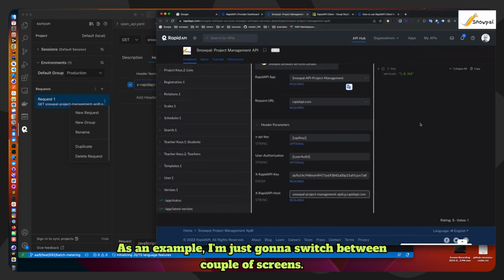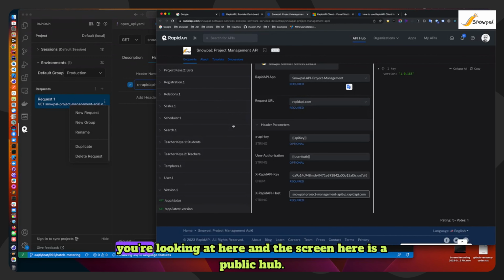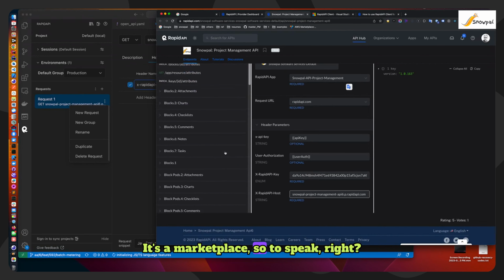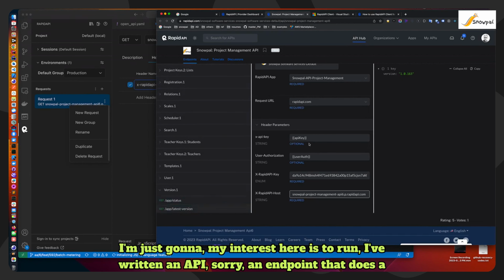As an example, I'm just going to switch between a couple of screens. We are working on publishing our API on the Rapid Hub, on a business hub. But right now, what you're looking at here on the screen is a public hub. It's a marketplace, so to speak, right? I'm going to skip past the items that don't matter to the podcast, in the interest of brevity. My interest here is to run